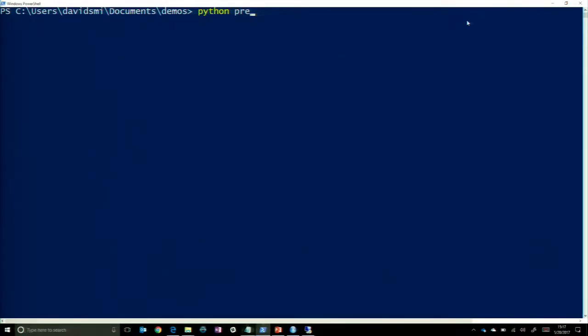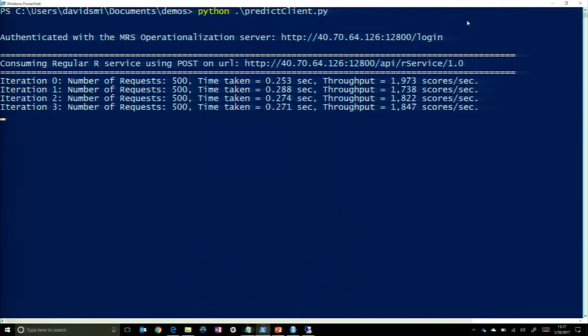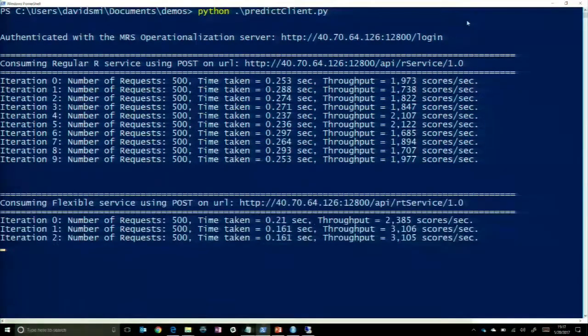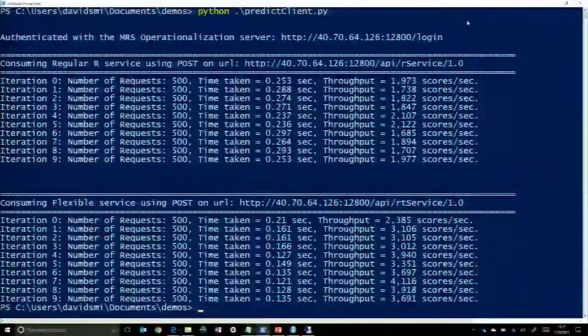But I can show you that working. It's python predict_client.py. So now it's just pushing a whole bunch of simultaneous requests against that remote server, and once the handshake is complete, we'll be able to see that using the regular flexible service with R code, it's getting 1.9, 1.7 thousand at a time, whereas the service where I just used the model object that's bypassing R gets a speed performance of about 1.5 to 2x, kind of depending on how it runs. So we're getting up to the 3,000-ish range, which is nowhere near where we need to be yet.